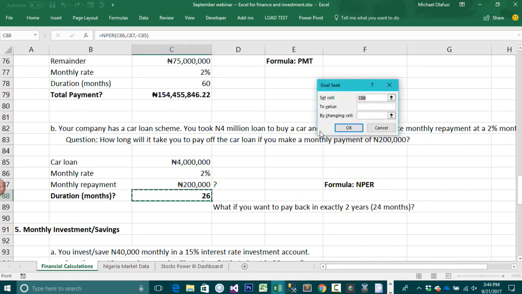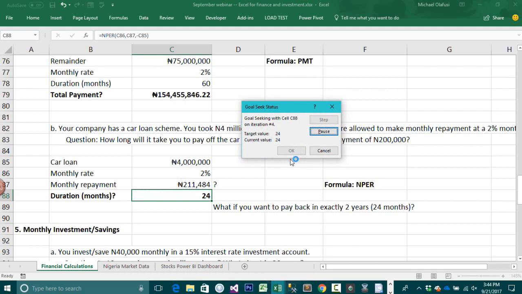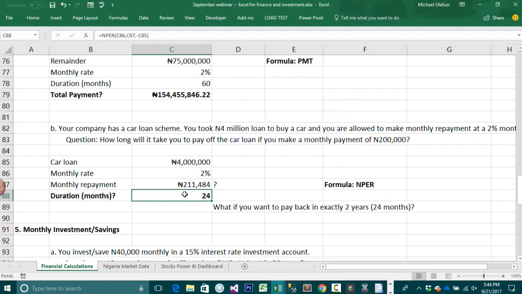I want to set a goal. So I want to set this goal to 24, right? And I want to change my repayment amount. Then I click on OK, and it does it, and it says if I want to pay back in 2